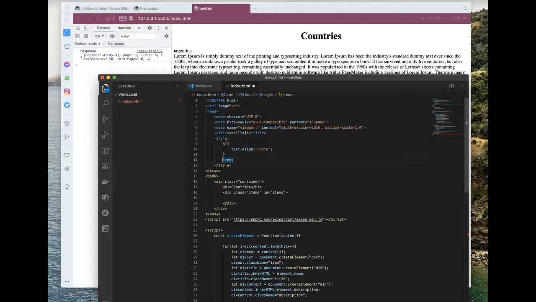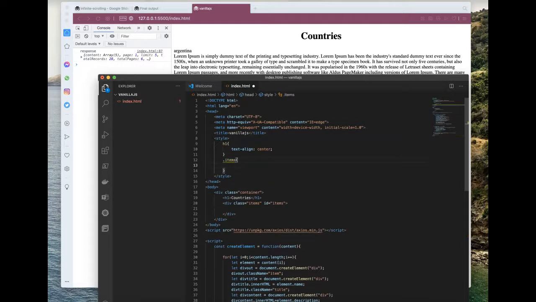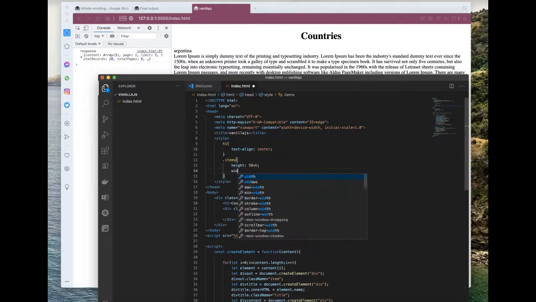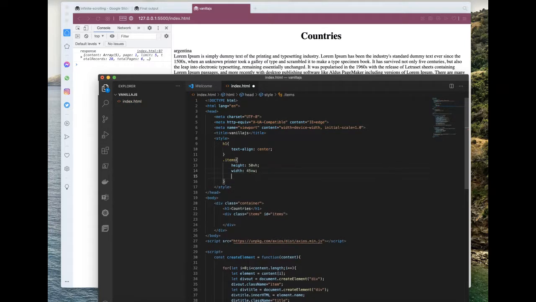Let's add height and width to our scrollable element. In order to make the element scrollable, we need to add overflow-y: scroll.